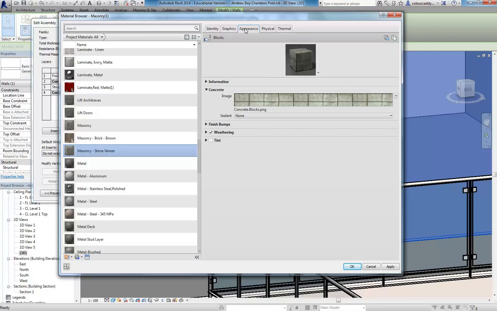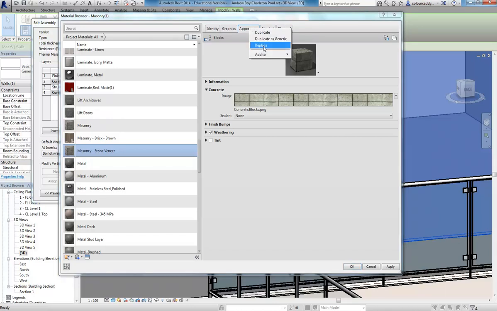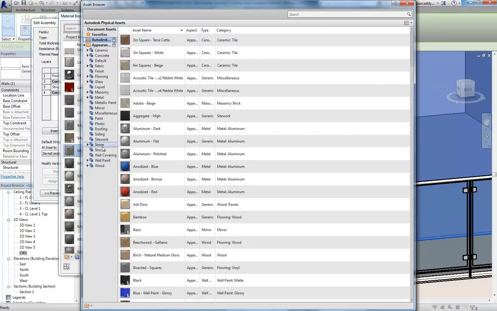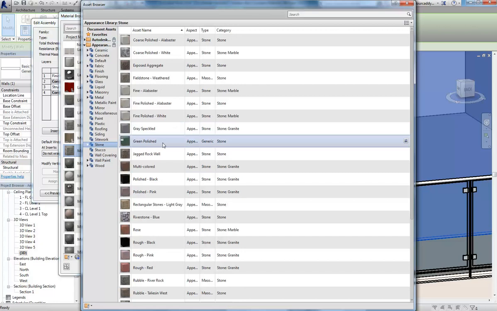So, you've probably seen materials that use an image like this before, but I'm just going to make one again from scratch. So I'm going to right click here and then replace, and duplicate would be another option if you wanted to keep this and modify it. But I'll go to replace again. So hopefully you're getting used to this, thinking about the appearance and whether you need to replace it. Now, in my appearance folder, I'll be able to find in stone something pretty close to